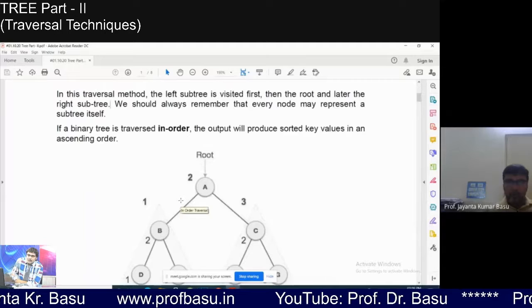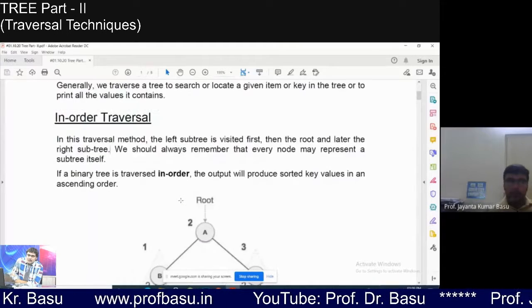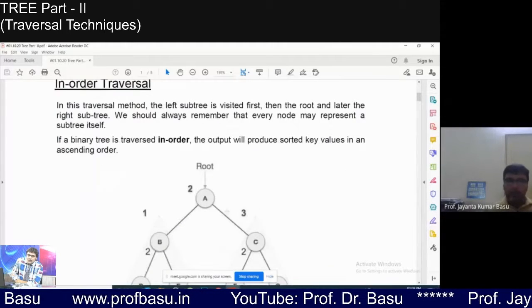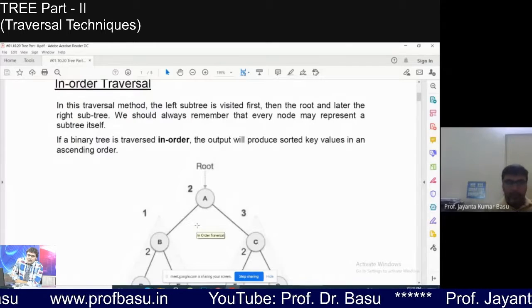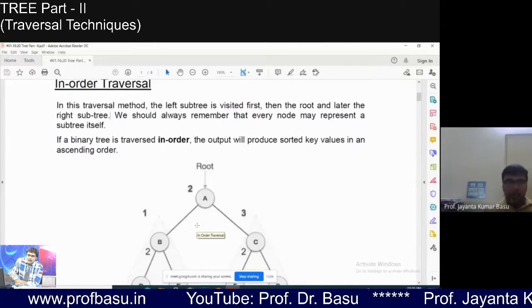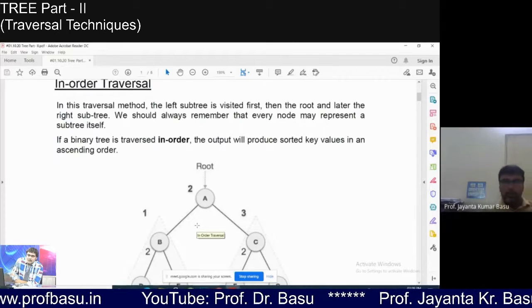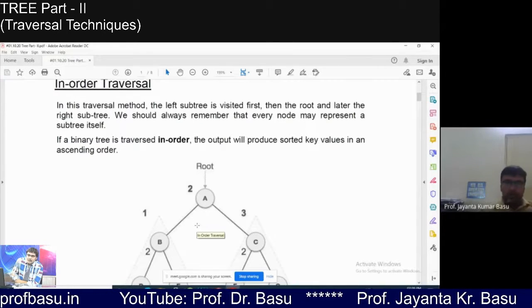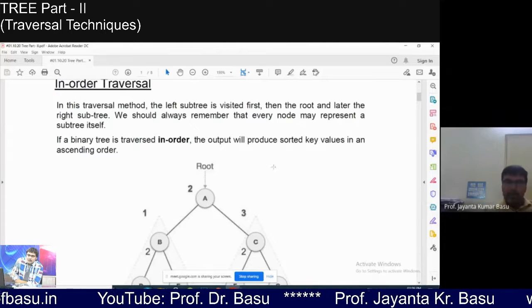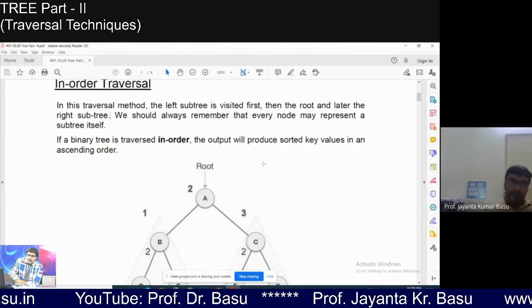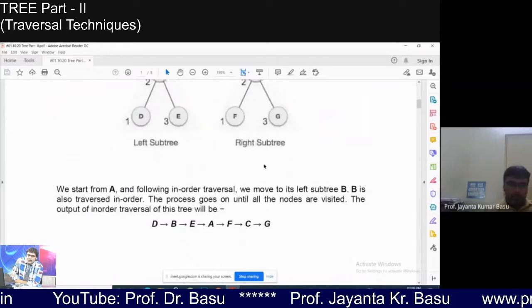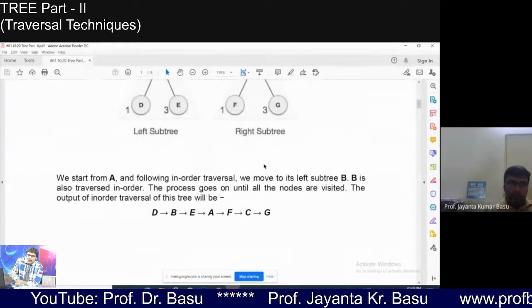You will find that if we maintain in-order traversal and the key values maintain the property of the binary search tree, we will get a particular sequence, mainly the ascending sequence. Okay.